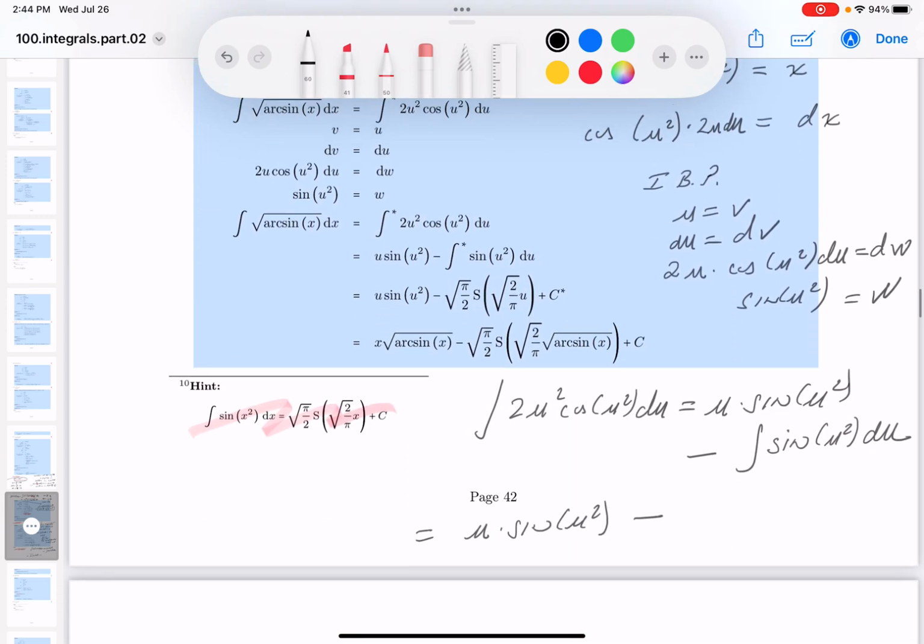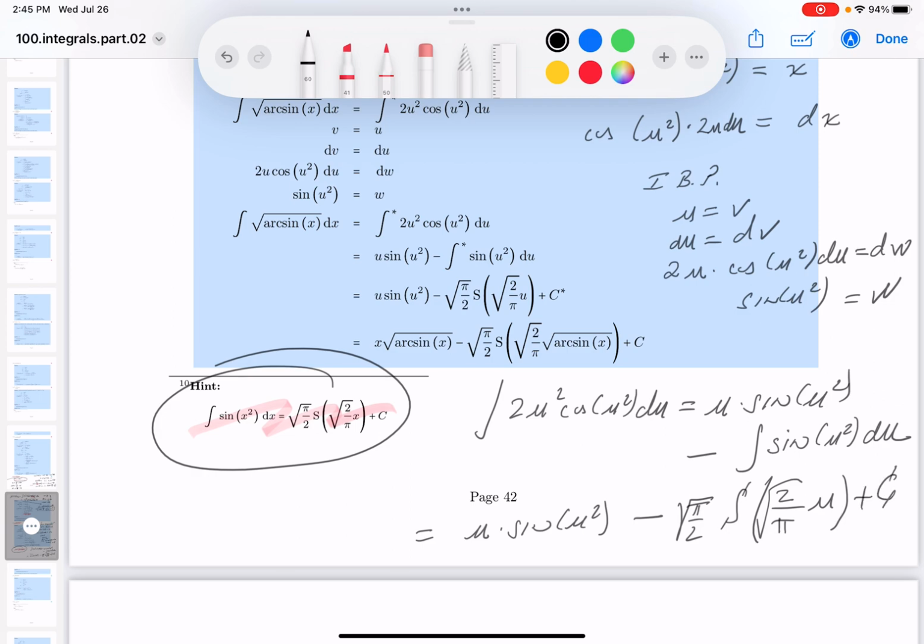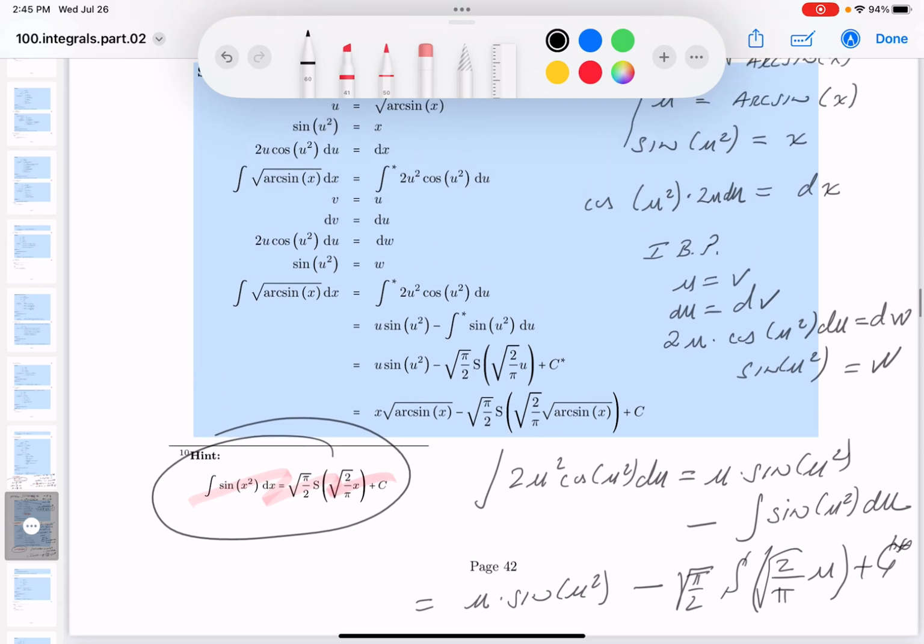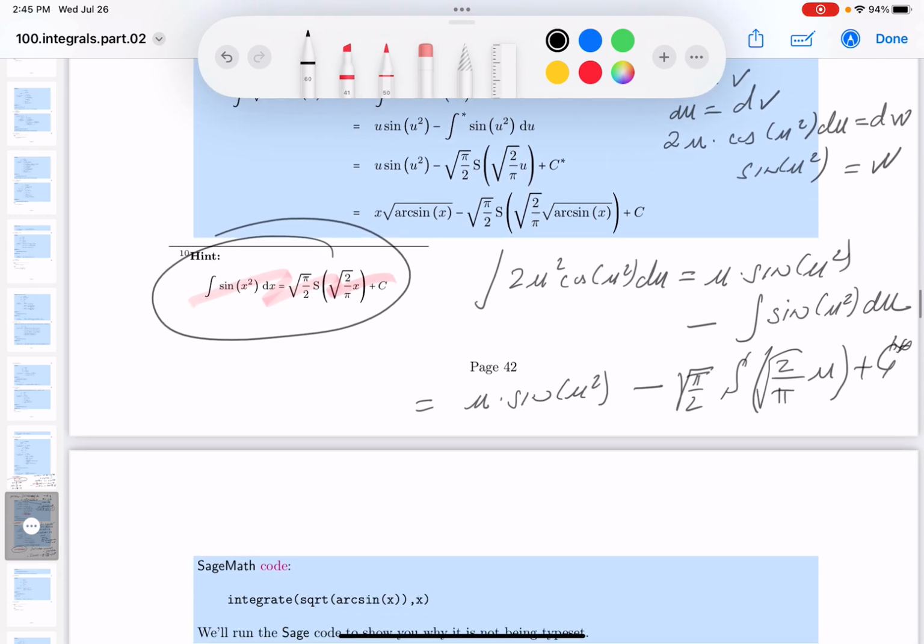It's right over here, I'm sorry. This was the hint you were given. We can write this down now. What are you going to get? Pi over 2, the big letter S over there. It's going to be 2 over pi, the root of that, and then it's going to be not x but u in this case, plus some constant of integration. And I gotta get back to that u. What was the u? I can't remember. The u was the root of the arc sine. So right over here, it's going to be, let's see, the root of the arc sine